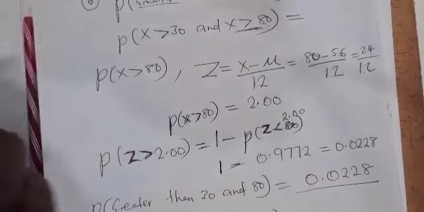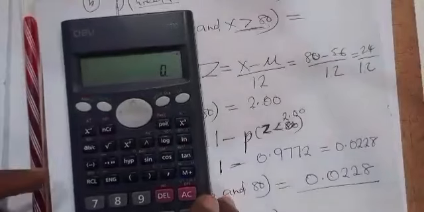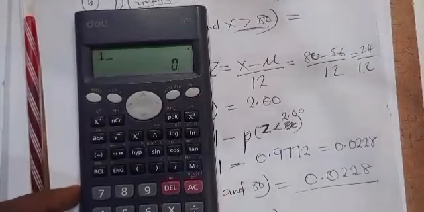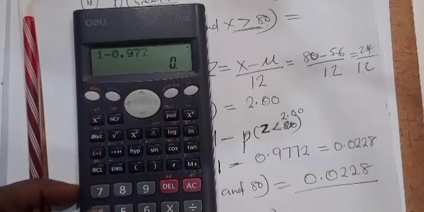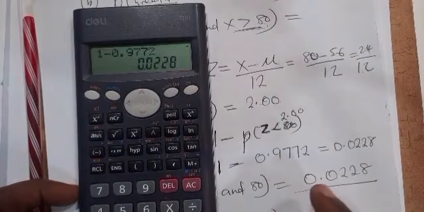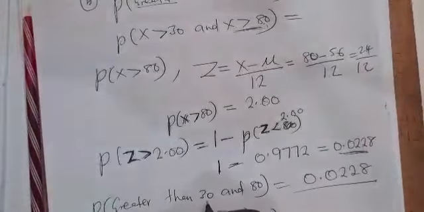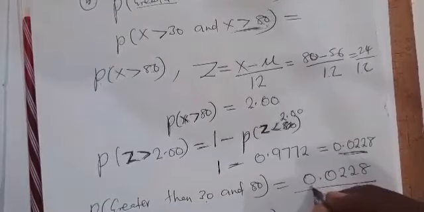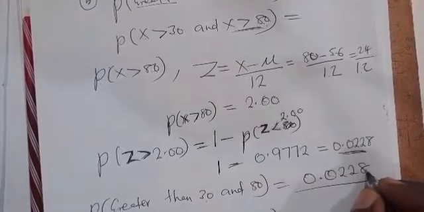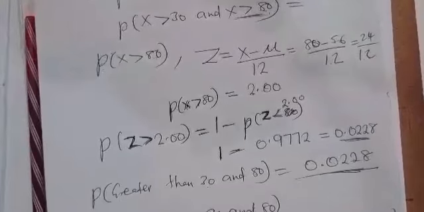We subtract. Once we subtract this one, you say 1. Why are you doing 1? 1 represents the total graph. The total probability of this graph is 1. So we're going to do 1 minus 0.9772. You have the answer. This is the answer for the probability of greater than 30 and greater than 80. So the answer is 0.0228. So please, this one is to use the table. Now, without wasting time, allow me to